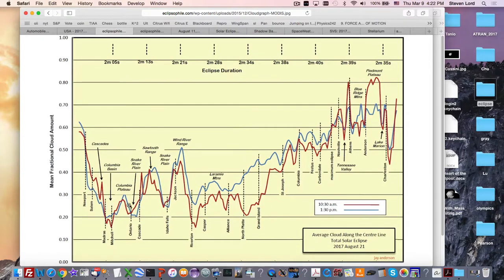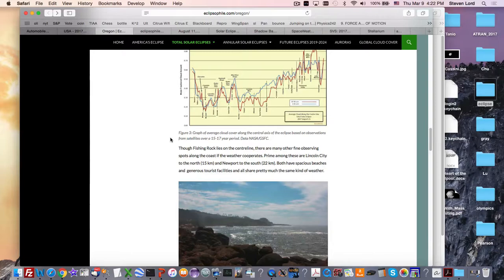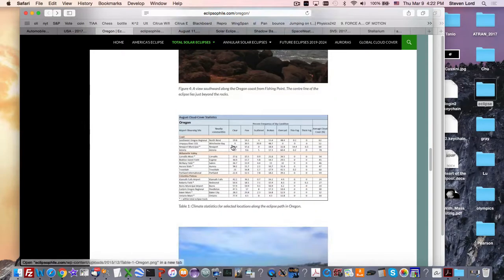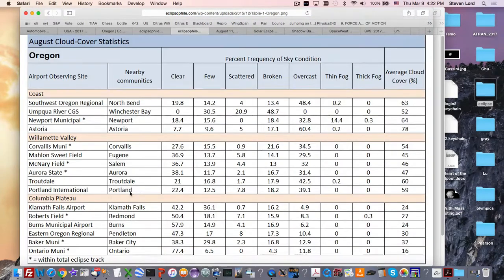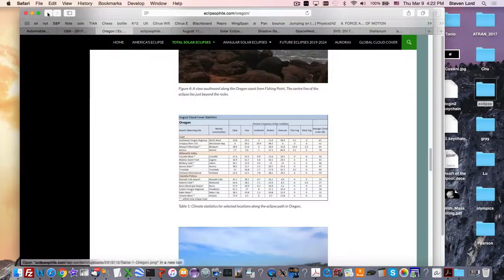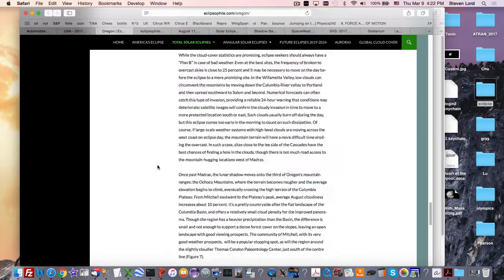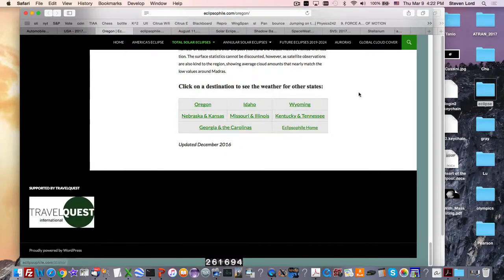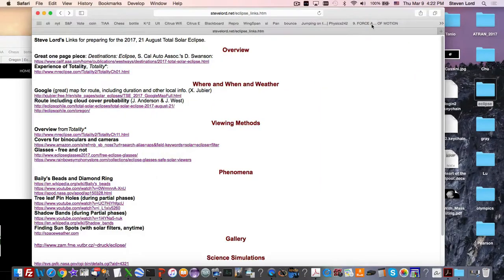And we were just looking at the Columbia Plateau in Oregon a second ago, and there are other tables telling you what types of clouds there are in different regions of this state, but this website has all the states that the eclipse passes through. So you can see here the weather maps for the other regions. And going through this quickly,